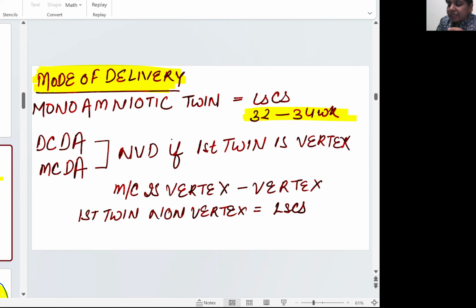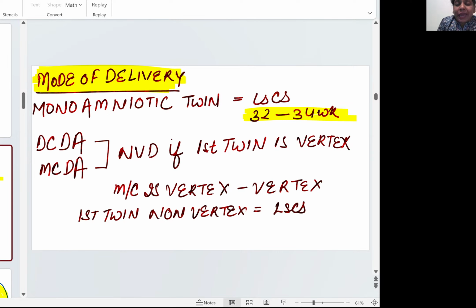Okay, Dr. Rachna has said okay. What is the mode of delivery? Come on. What is the mode of delivery? In the monoamniotic twins, we always have to do cesarean. And when we do cesarean, the time is 32 to 34 weeks. Okay. And